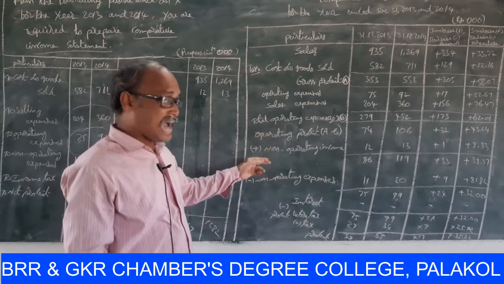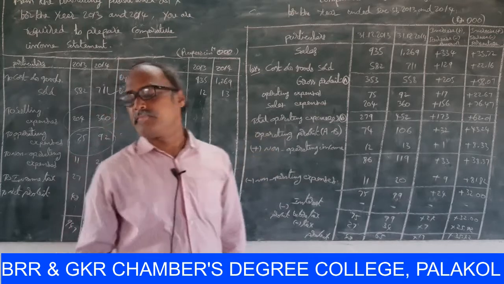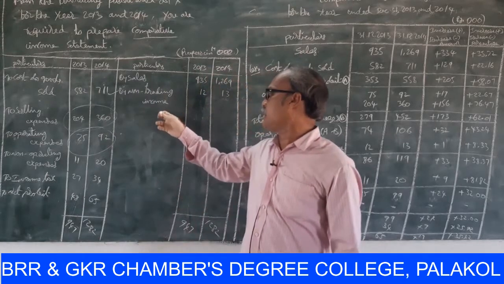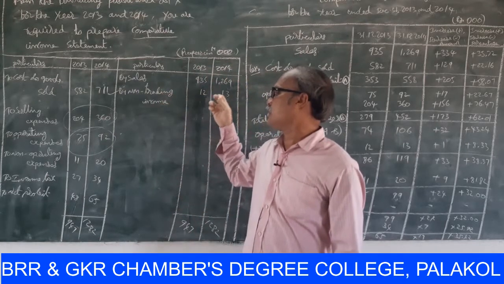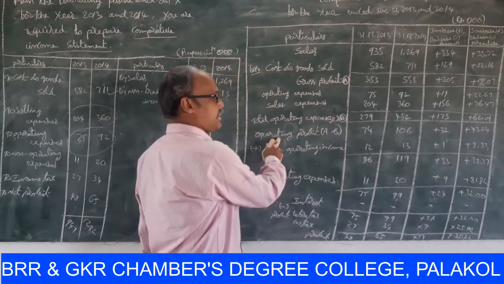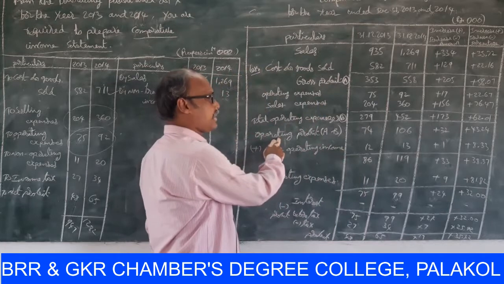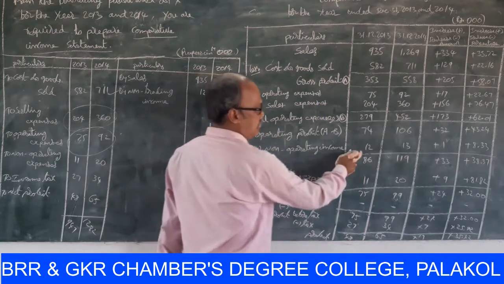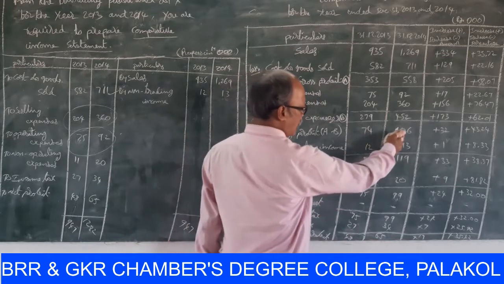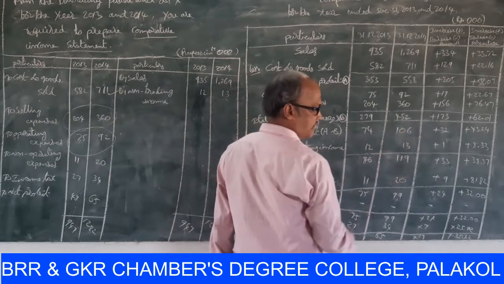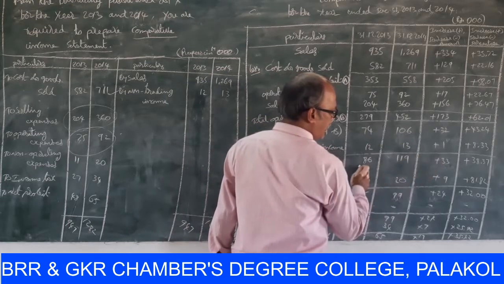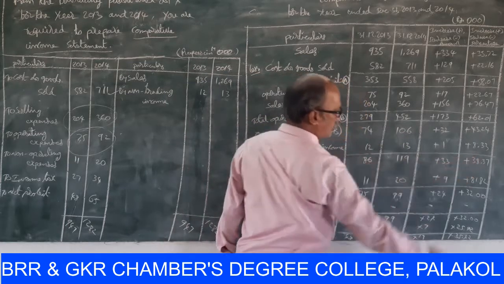Right. Add non-operating income. The non-operating income is available in this problem. Non-operating income, non-trading income, that is 12, 13. So, add non-operating income to the operating income. 74 plus 12, 86. 106 plus 13, 119. 119 minus 86, 33. 33 by 86 into 100, that is equal to